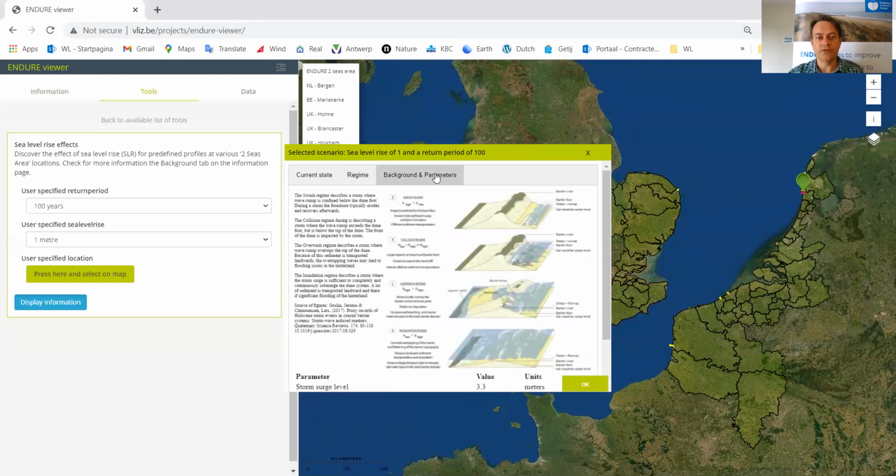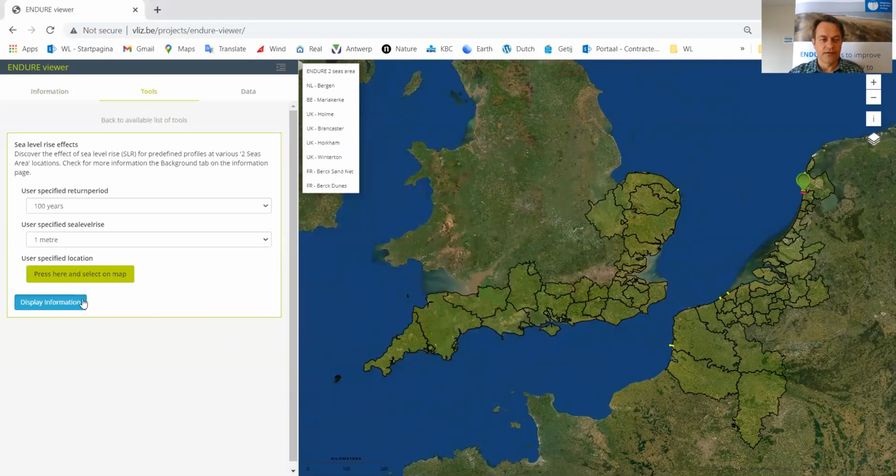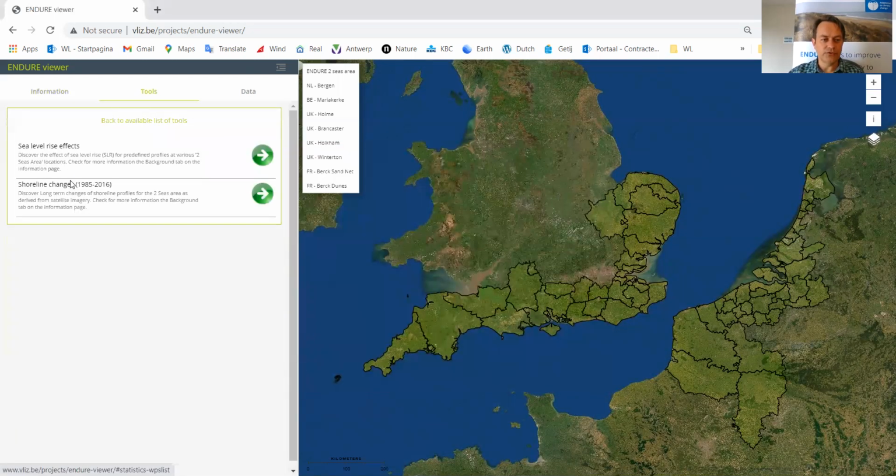In the third tab, background and parameters, we show again the regime types, but also the parameters that we use for calculation and the parameters that we derive from calculation, such as storm surge level, beach slope, dune retreat, maximum run-up height, offshore wave period. Now, if we move to the other tool, the shoreline changes,